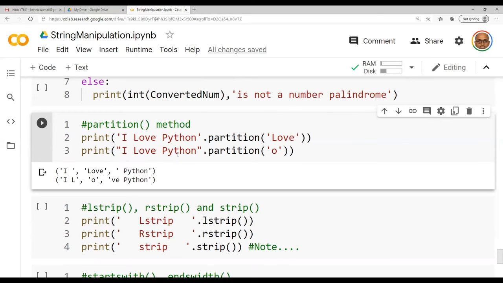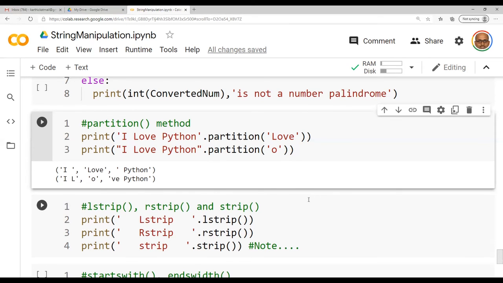Whereas here, you are trying to have O as a separate part, and other than O, it has given Python. Wherever I find the first one, it takes that. Now let us check. Yes, that's it. And this one, no.